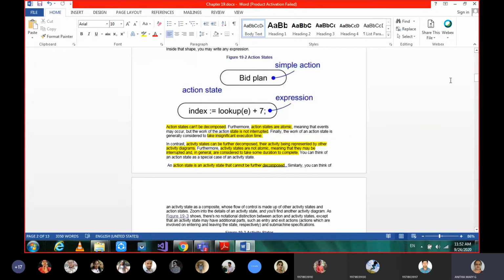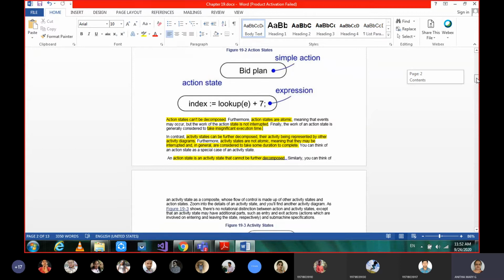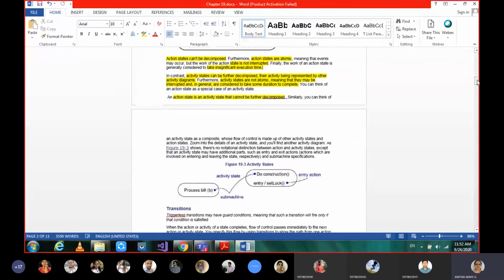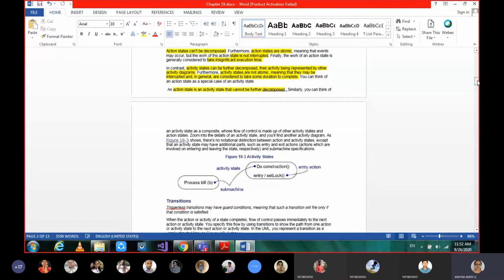Activity states may take a longer period of time, maybe 4 months, 6 months, 1 year, or a number of years. Let's see the examples here. Construction: construction of any building is an activity which takes some course of time to accomplish its purpose.